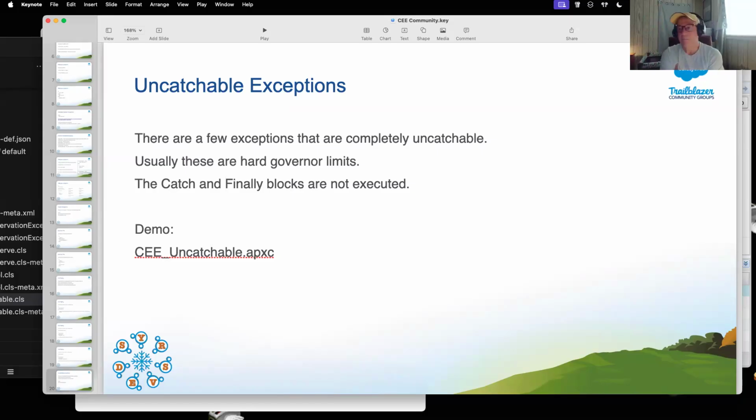I've got a question. Being relatively new at this, I'm thinking about catching things in a future context, like a callout, and then needing to handle that with some other callout or some other feature. So my question comes back to transactions and the limits. Does all the error handling happen within the transaction, or is it a separate transaction? I'm just trying to understand the architecture behind everything here.